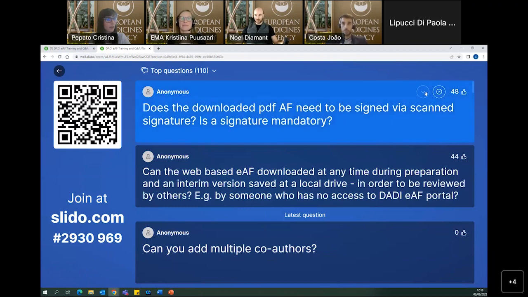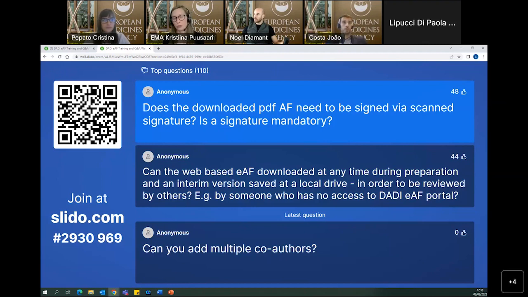Thank you. Does the downloaded PDF application form need to be signed by a scanned signature? Is a signature mandatory? I can take that. This is something that has been discussed quite extensively. No, there is no need to add any scanned signature. If you wish, you can do so.